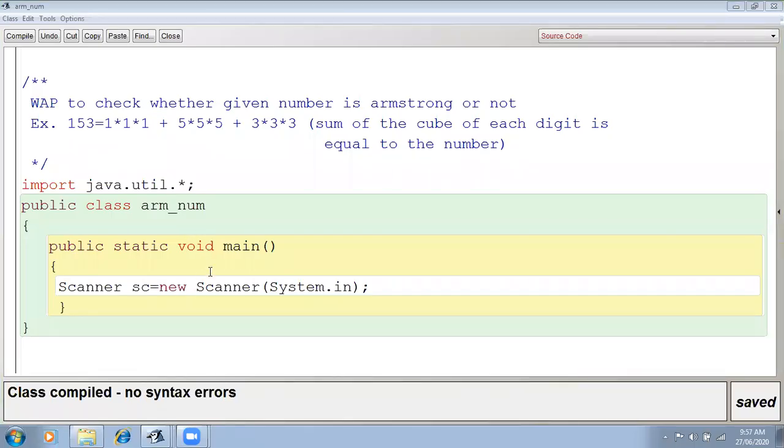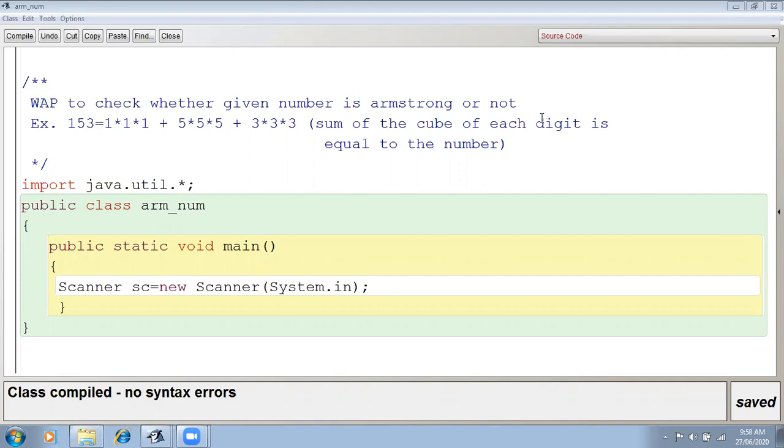Here we are going to solve the question: write a program to check whether the given number is Armstrong or not. Any type of number we want to solve, before that we must know what they are asking and what is the definition of that particular type of number.